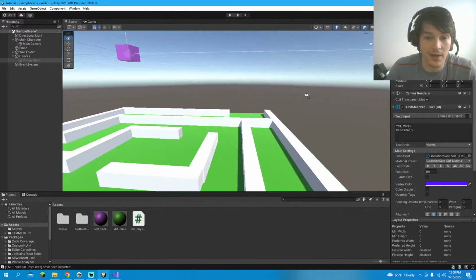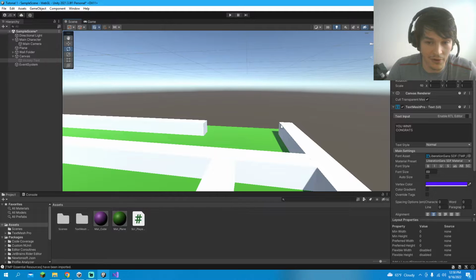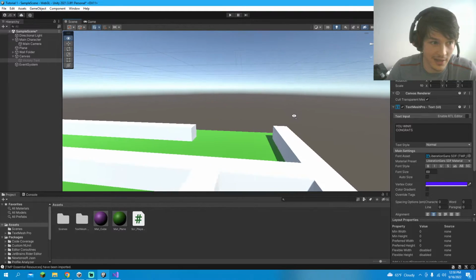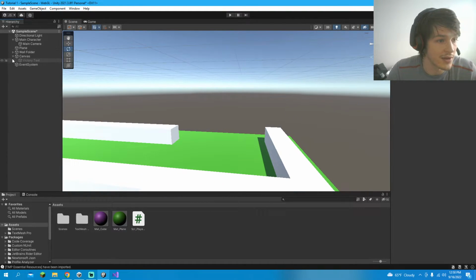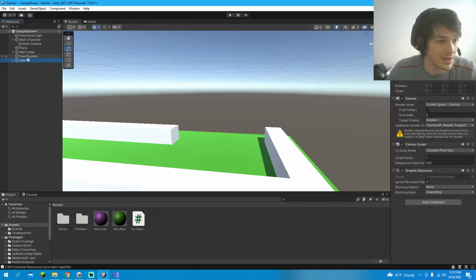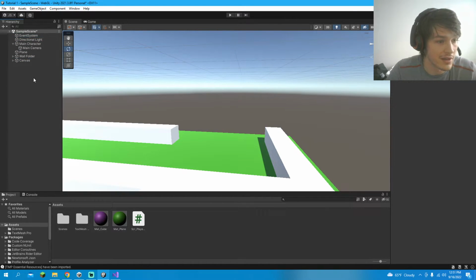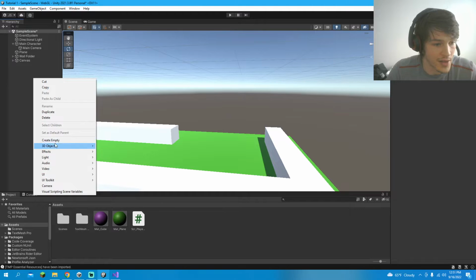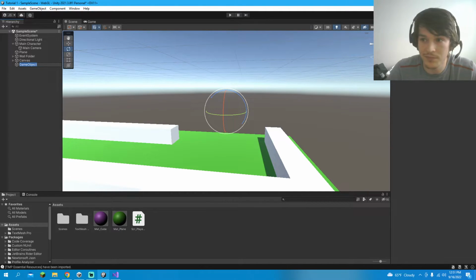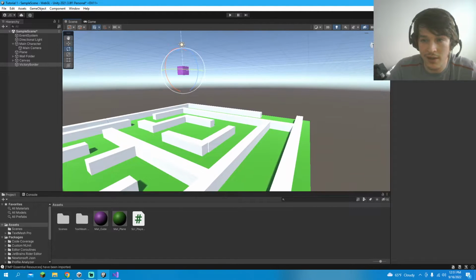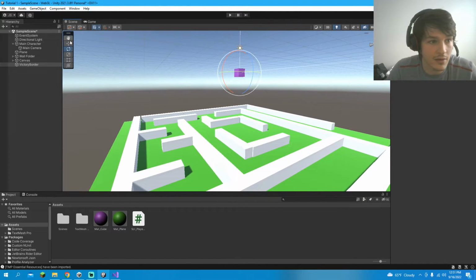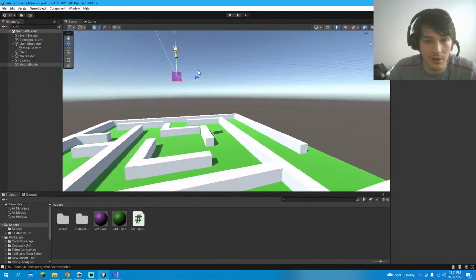So first, we need basically an invisible border here that tells us when we've intersected it. Okay. So let's go ahead and create that. I'm going to move the canvas down here, just rearrange some things. Let's create an empty object. Okay, I'm going to call it victory border. I'm going to reset the transform. Now let's move it. I'll go back to my move tool,